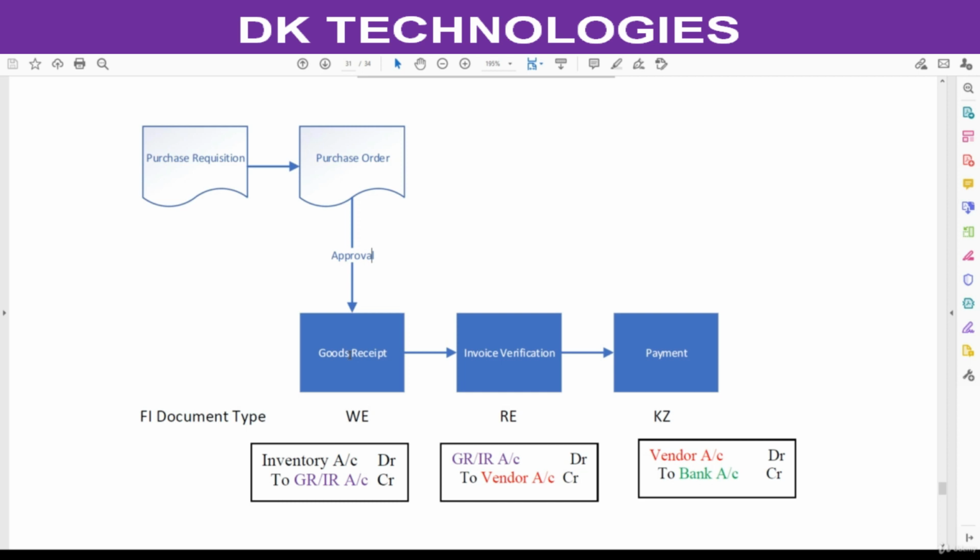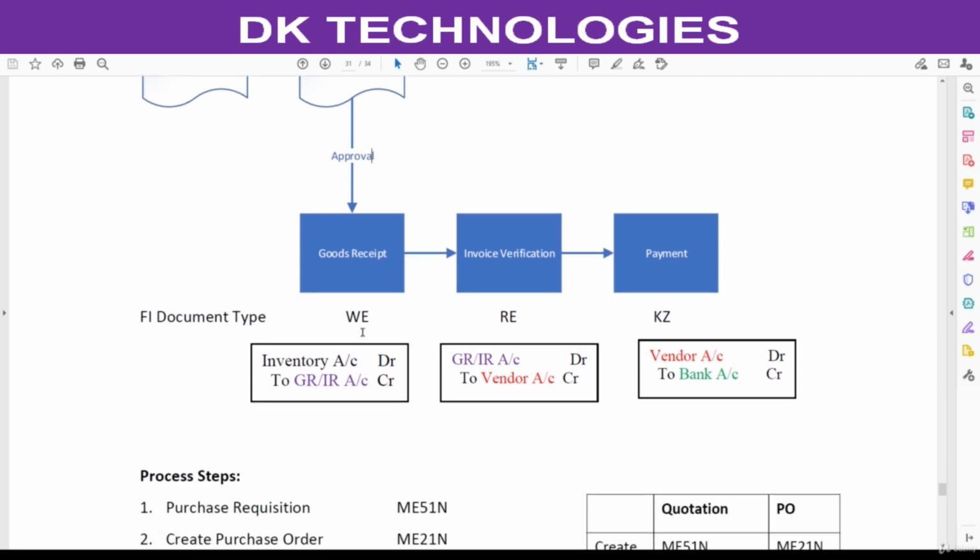Coming to goods receipt, when we physically receive stock from the vendor against the purchase order, this document will be posted in FI. So why did I mention this document type here? There may be chances that if document numbers are not defined from the FI point of view, you are going to get an error to define these document number ranges.